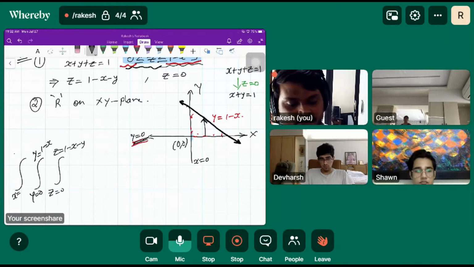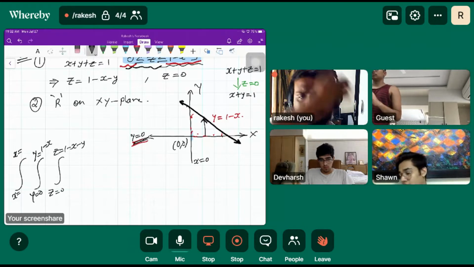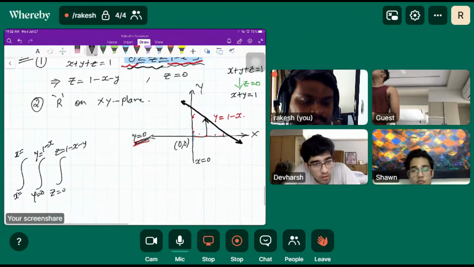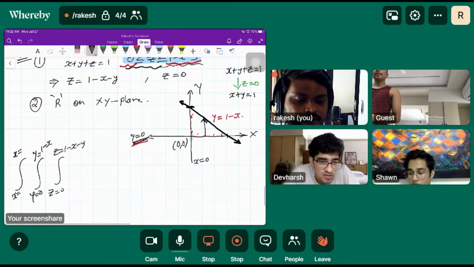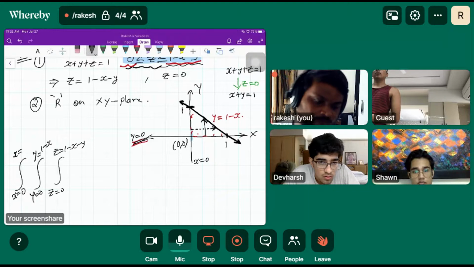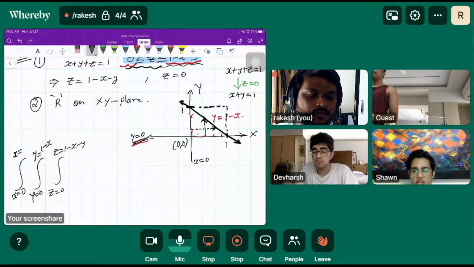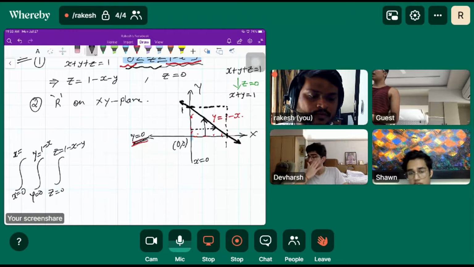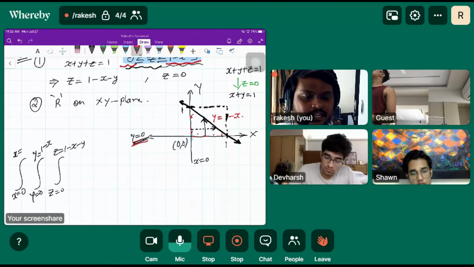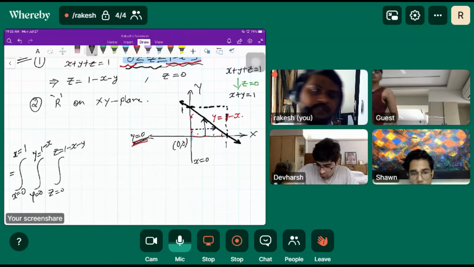And what would be the limit of the third integral? What would be the limit? 0, the lower one is 0. Now we are going along the x direction, so 0 to 1. It should be constant, so we are going along the y direction. So y is equal to 0 to y is equal to 1 minus x, and the limit of x is 0 to 1. The outer limit must be constant.